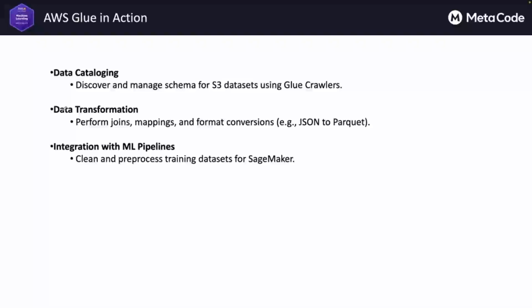And data transformation. Glue jobs are perfect for format conversions like CSV to Parquet or for performing joins, aggregations, and mappings. This is essential when preparing datasets for analysis or machine learning. And the third one is integration with machine learning pipelines. Glue seamlessly integrates with services like SageMaker to clean and pre-process training datasets, making it a key part of any